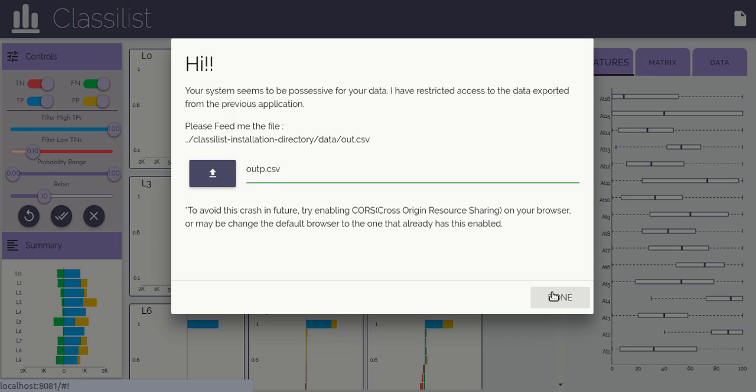We are done. One more thing, this may happen in browsers like Chrome, which doesn't allow cross-origin resource sharing. That means this web app runs on the HTTP protocol, and accessing the data file requires the FTP protocol. So this cross-origin resource sharing is not allowed in newer versions of Chrome. There you may face this problem. So this is not a problem anymore. We have provided this dialog for uploading the data manually.